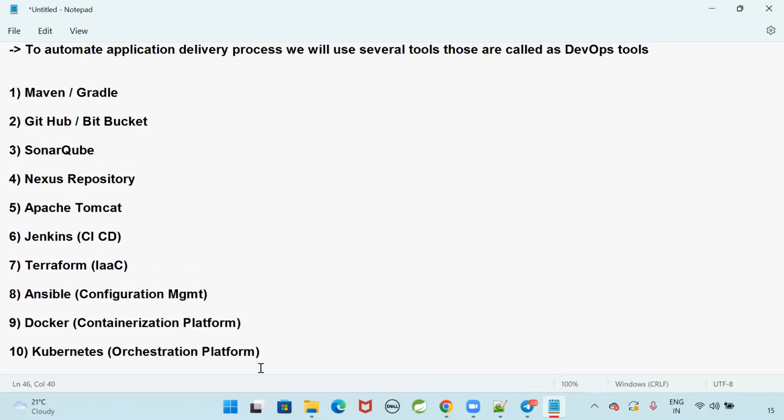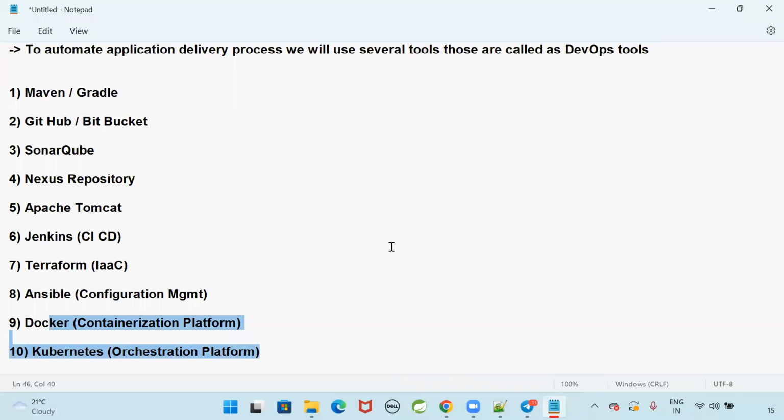If you don't keep Docker and Kubernetes in your resume as a DevOps engineer, you will not get a single interview call. Docker and Kubernetes are the most important skill set for every DevOps engineer. Nowadays, for developers also, Docker and Kubernetes have become a mandatory skill. For DevOps, it is very important.